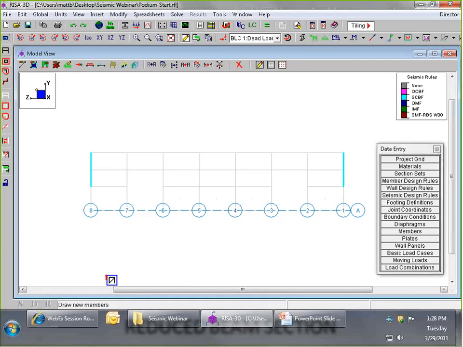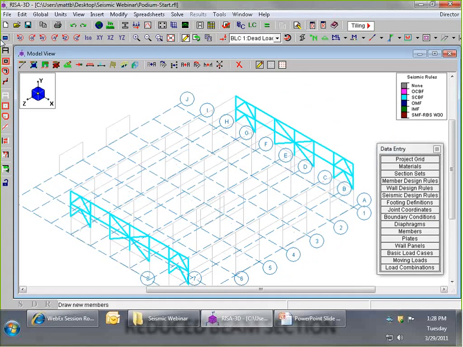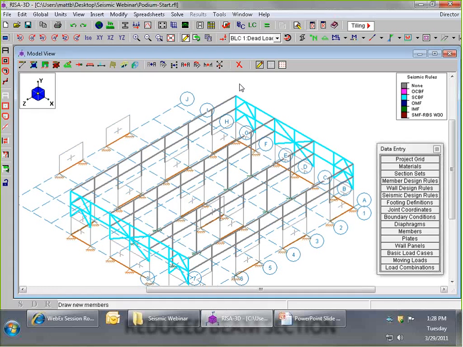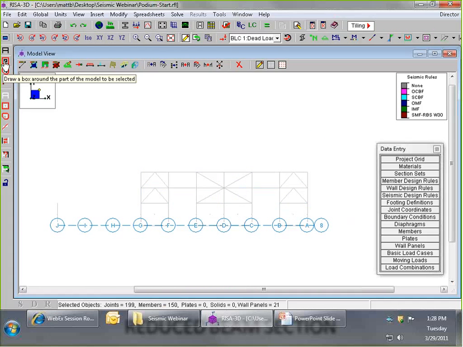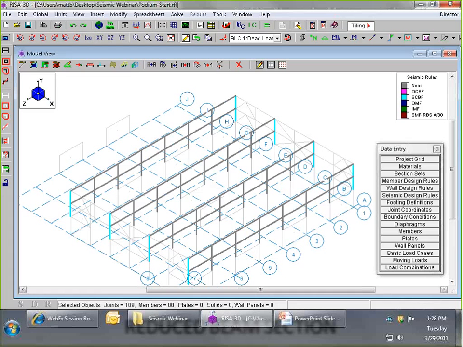So when I hit Apply, and now we look, all the turquoise members here are special concentric braced frames. Now the frames running in the other direction are still set as none, so we're going to need to set those as well. So I'll snap myself into this elevation view, and I'm going to select only the moment frames. Now you'll note that the columns in the corners of the building here, and these columns as well, are actually shared between the moment frames and the brace frames,